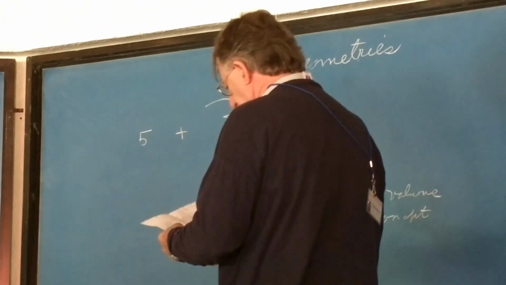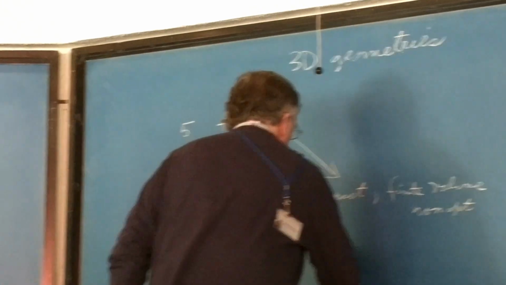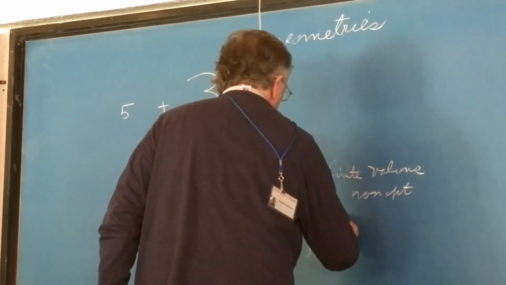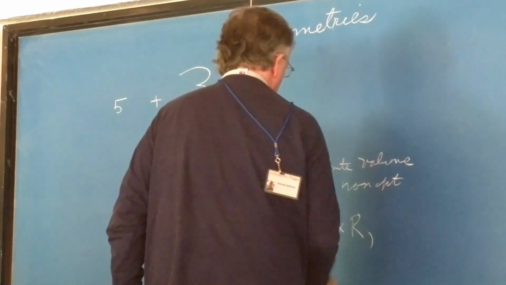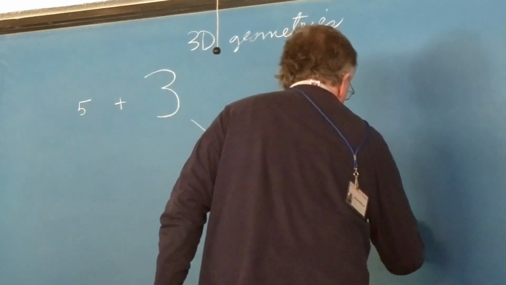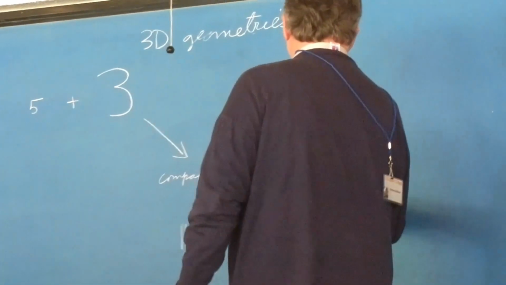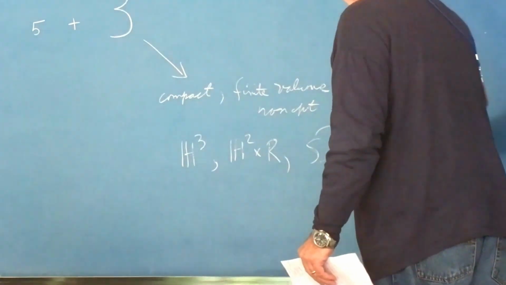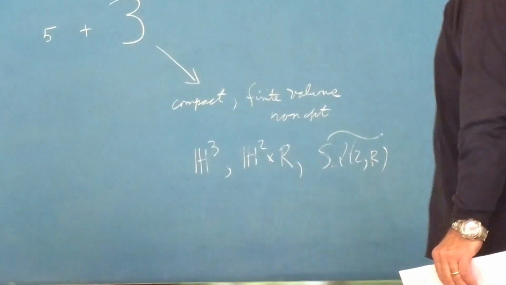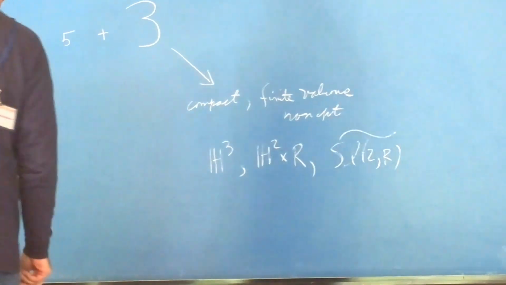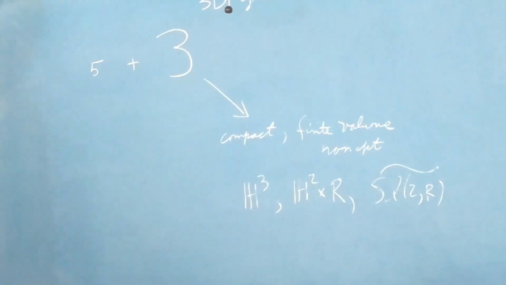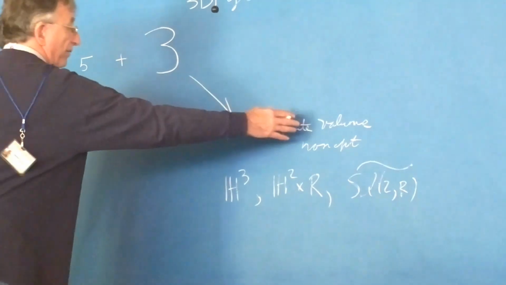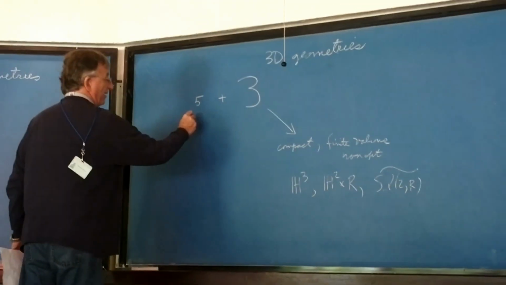And these are, I'll just give the geometry upstairs. So you have three-dimensional hyperbolic space, two-dimensional hyperbolic space cross R, and then you have SL2R, the Lie group, put a left invariant metric on it, and then take a universal cover to make it simply connected. So those are the geometries that have both this and this. And then you have 5